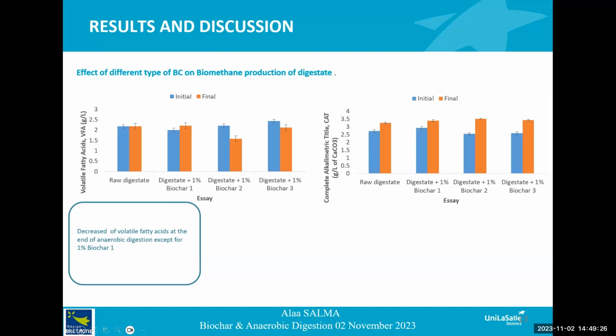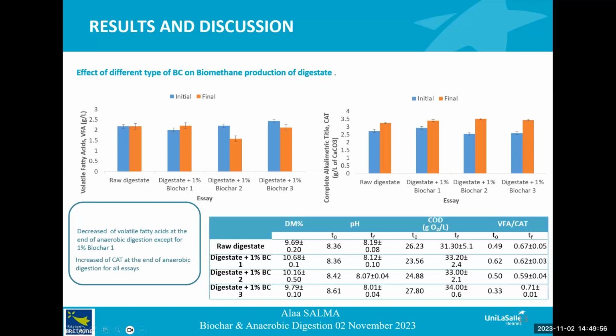Also, if we look at the second figure, we have the complete alkalimetric title, and we can see an increase of the complete alkalimetric title at the end of the anaerobic digestion for all samples, which suggests a successful organic degradation of the matter in the digestate. And the table presents here the pH, the dry matter, the chemical oxygen demand, and the ratio of volatile fatty acid